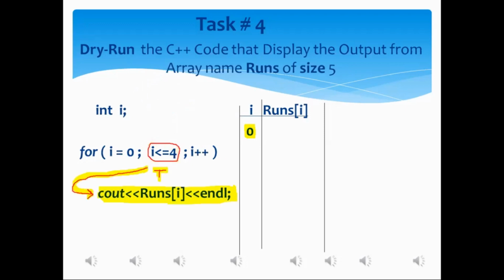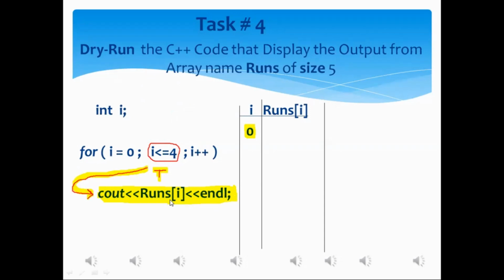Are you getting it, my dear? Yes, sir. Okay, in the for loop associated statement, we have specified an address in the cout statement, and that is the address of the memory location of the array. First of all, we need to know what this address is.